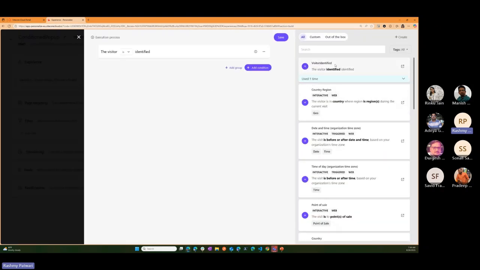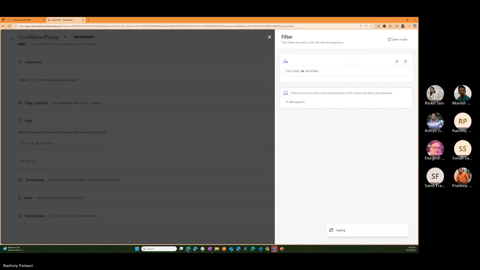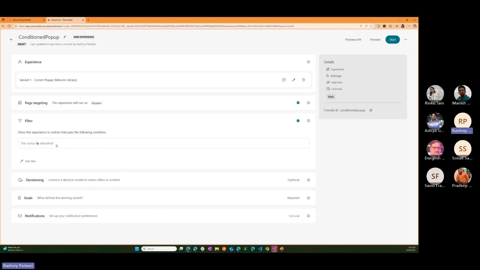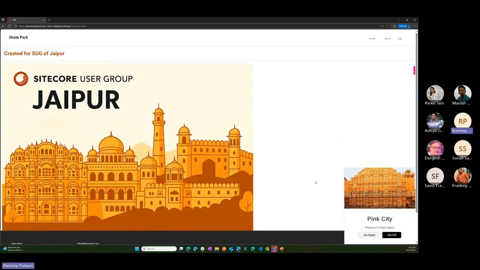I can use the visitor identified one, the one I've shown you the logic for, so the visitor is identified, like I just did in the demo. And I save that. When this particular condition pop-up is published, that's when I see this effect. That's it for the demo.